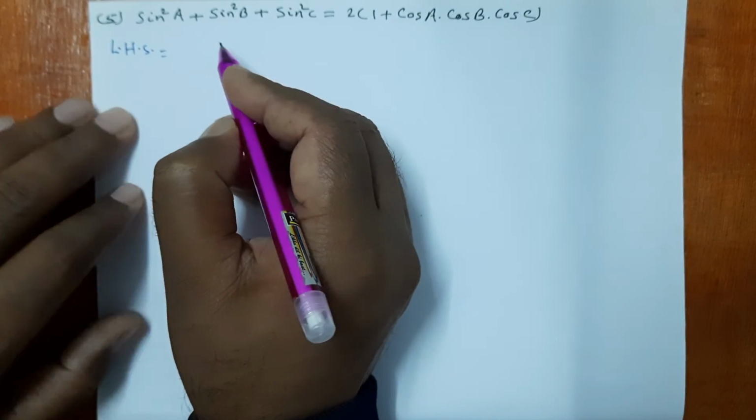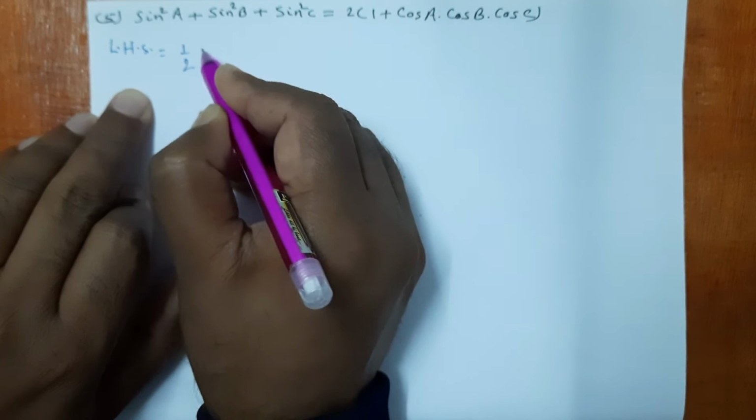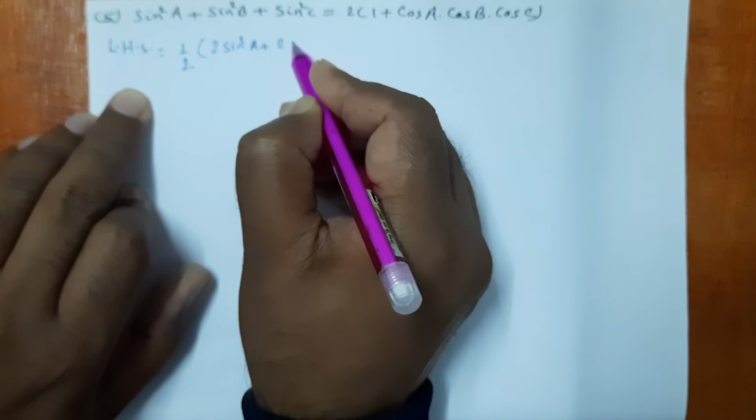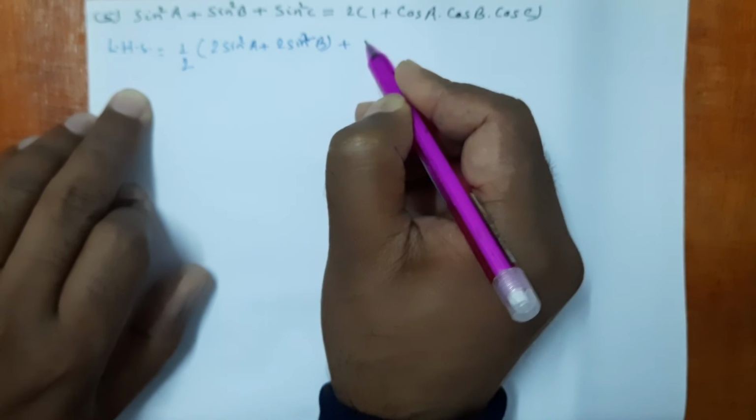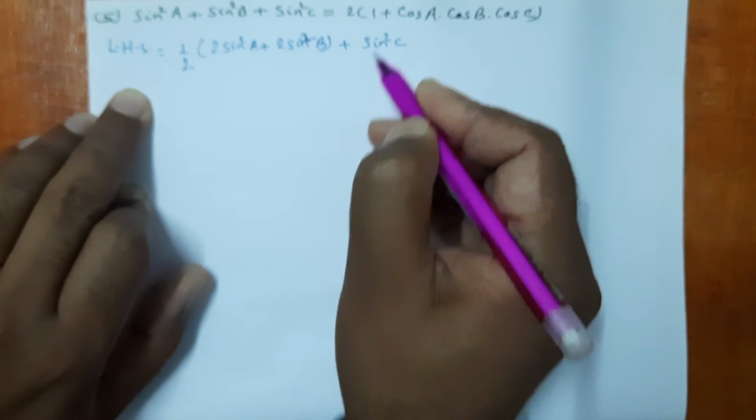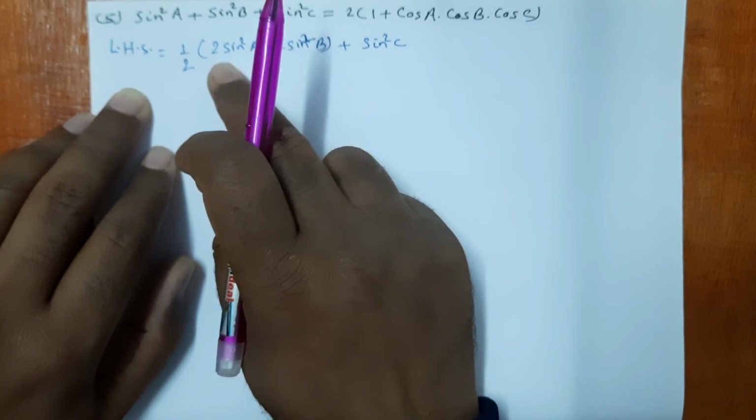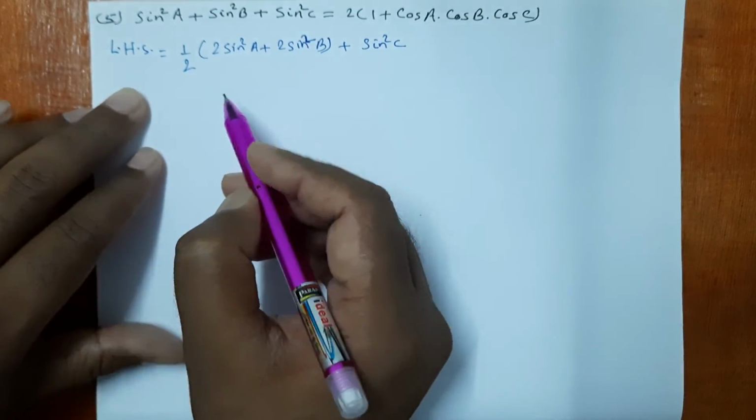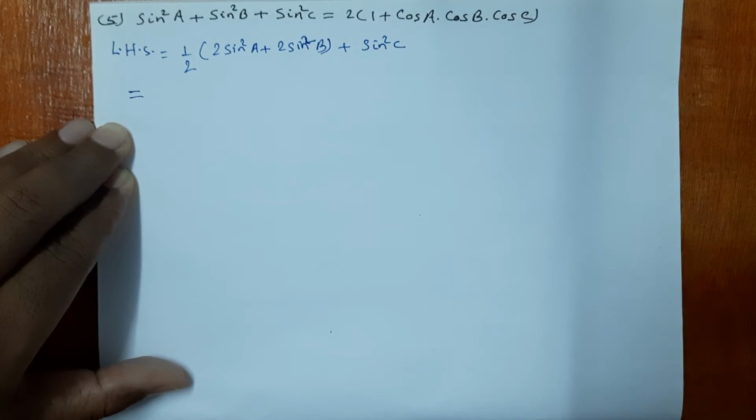We can multiply the numerator by 2 and divide by 2. So 1 over 2, we can write 2 sine square A plus 2 sine square B, and we can write this last one without multiplying by 2 and dividing by 2. We can write it this way because 2 will be common, then that common 2 will cancel with this 2. So this one is the same. And now our formula for 2 sine square A is,